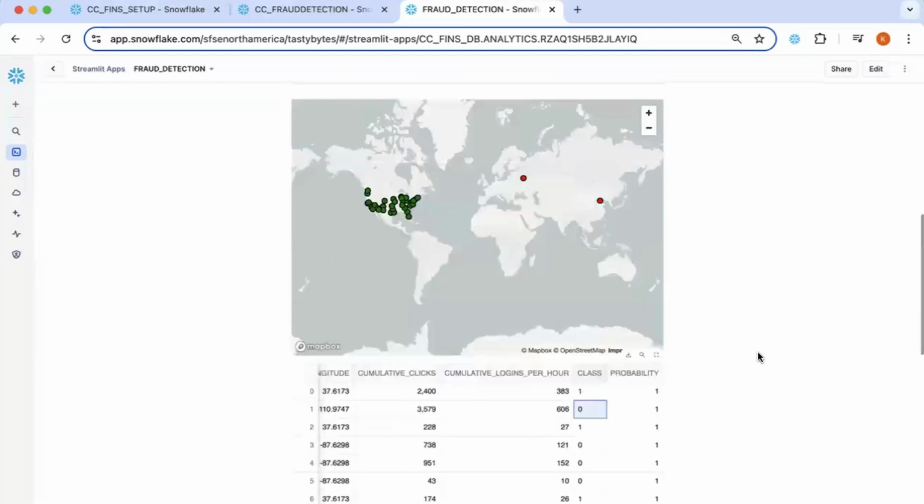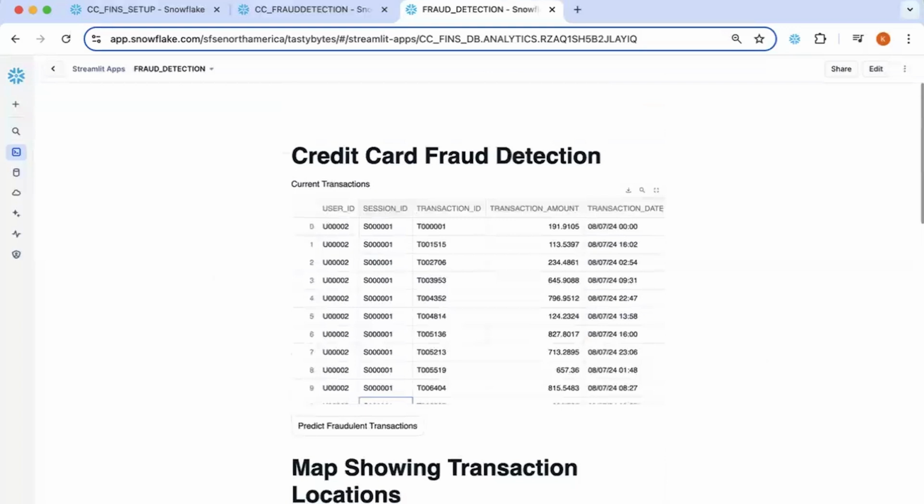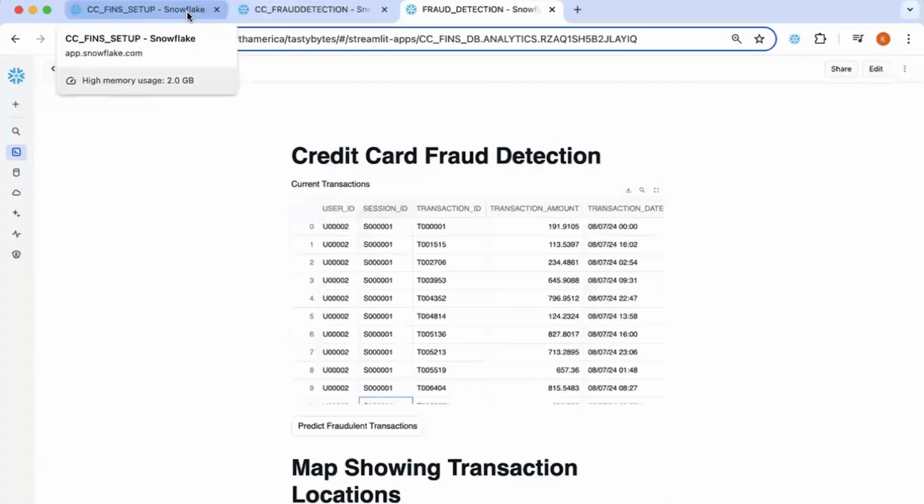So that brings us to the end of this demo. I hope you all learned how you could easily leverage, whether you're an analyst or a data scientist or anyone, Snowflake ML functions and the Snowflake feature store, and build everything end to end inside Snowflake notebooks, and not have to go outside of the Snowflake UI itself, but stay within and leverage these cool